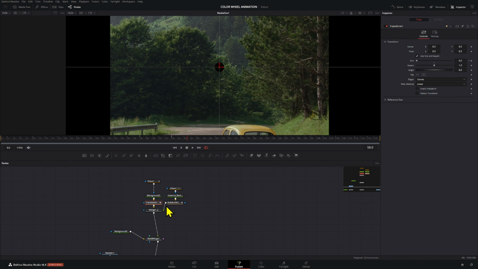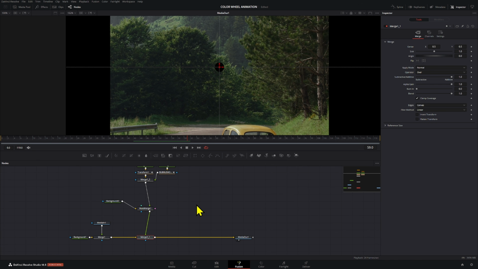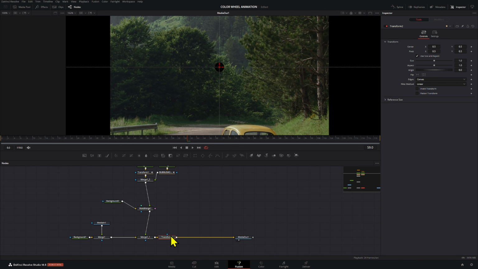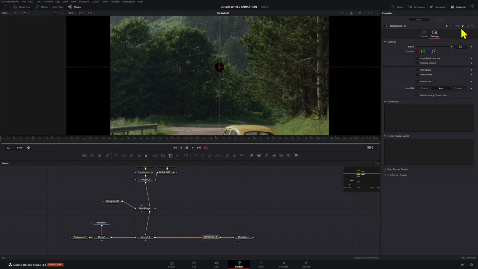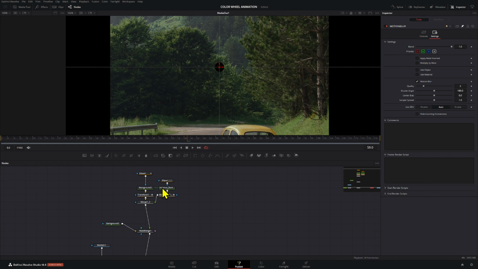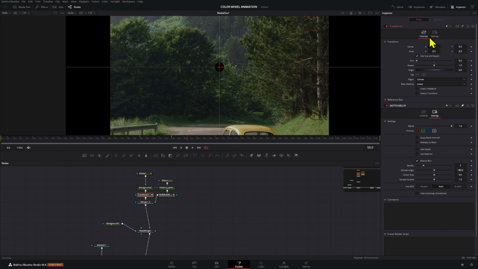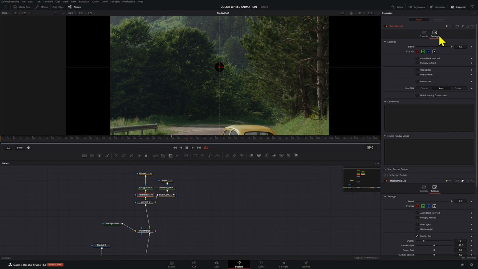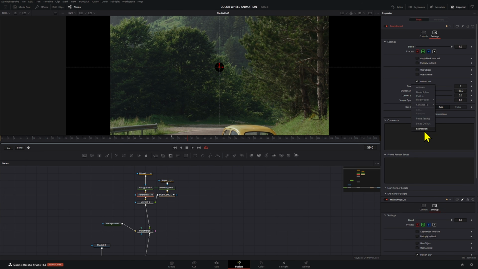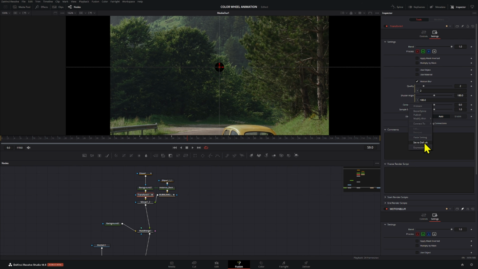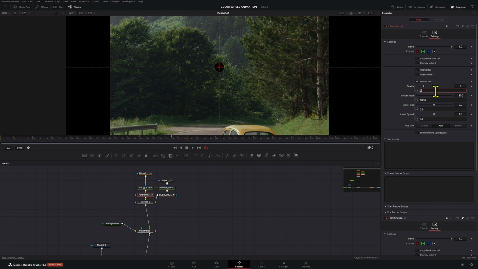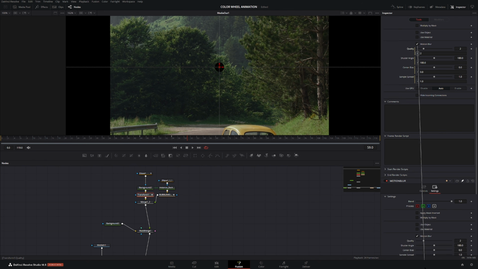Now, one important thing that you want to do is create a motion blur control right now. That way you don't have to do this later. So we're going to create a transform node right here. We're going to rename this motion blur. That means that anything that's going to have any motion, we want to connect to this motion blur. That way we don't have to worry about it later on and have to change things manually for all of them. So what we're going to do is go to the transform one, open the motion blur, right click and create an expression for each of those right here. And we're going to press these, which basically just connects it like that.